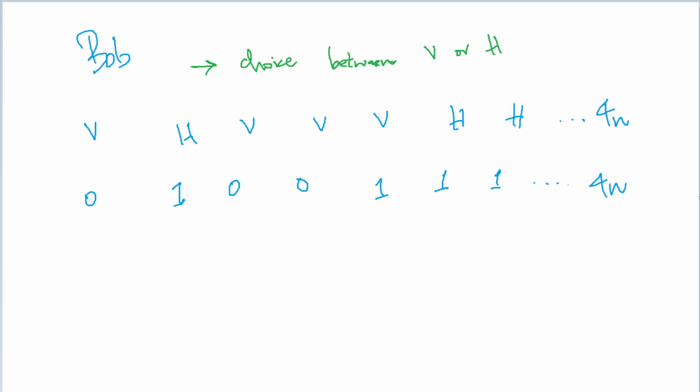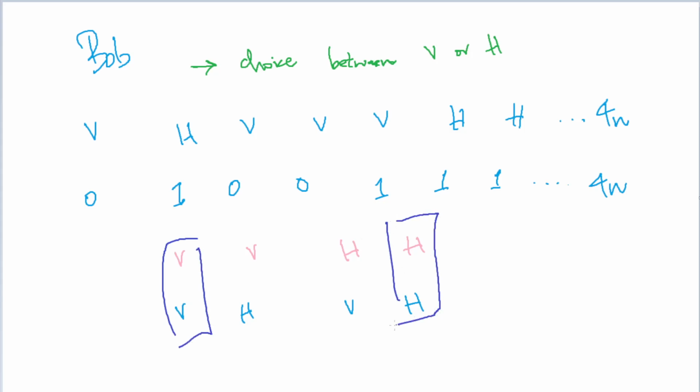So what we can say here is just looking from a probability perspective. Let's consider all the possible choices there are. So let's say Alice chooses vertical, or she chooses horizontal, right? Bob has a chance of either choosing vertical or horizontal for each qubit. And now what we know just from looking at all the possible combinations and knowing that they occur with equal probability is that exactly half of the time, right, 2 out of 4 times, so that's 50% of the time, Bob will be choosing the same bases as Alice.